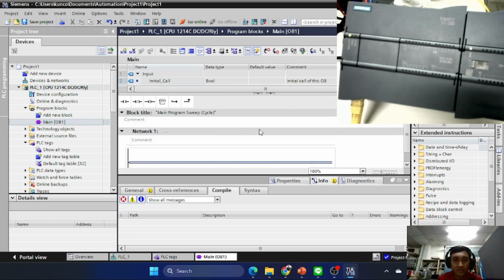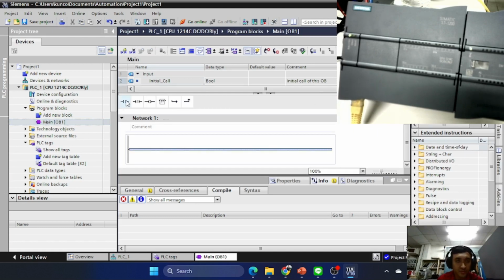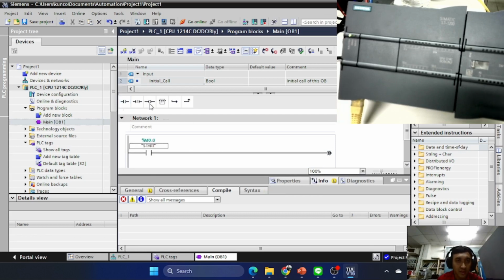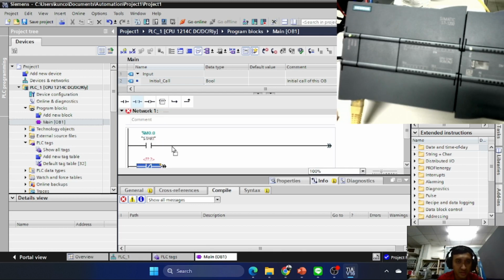Okay, we need to put a normally open contact here, and we can set this as Start, and a normally closed contact here as Stop, and then the motor coil here.